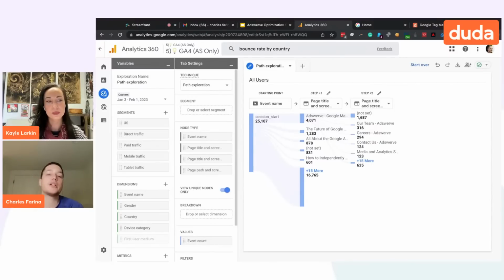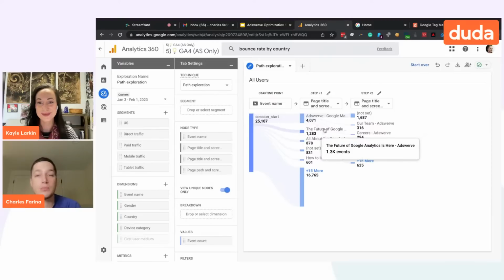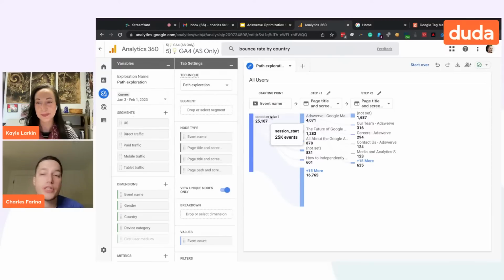If I were to ask you to do that in the old version of Google Analytics, you'd actually probably have a lot of difficulty answering that because it's not easily accessible. But in this new version of GA4,